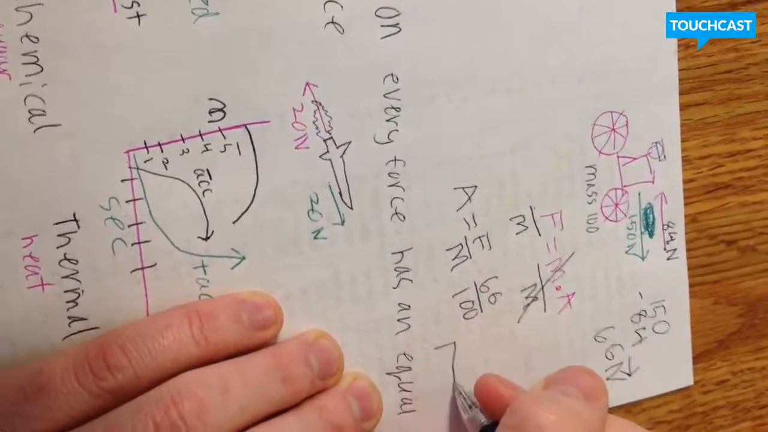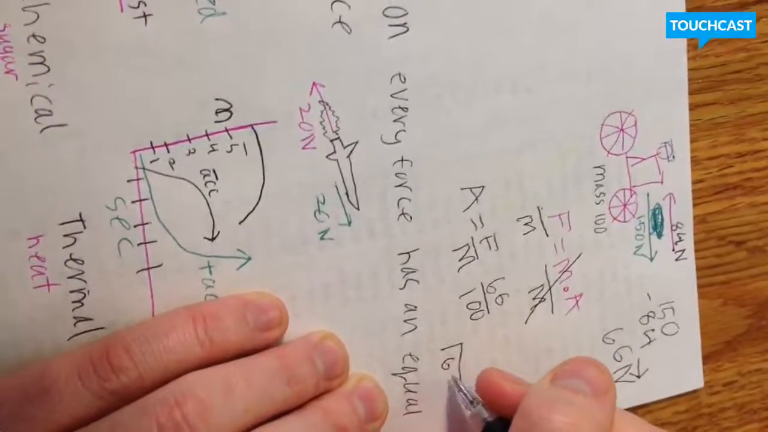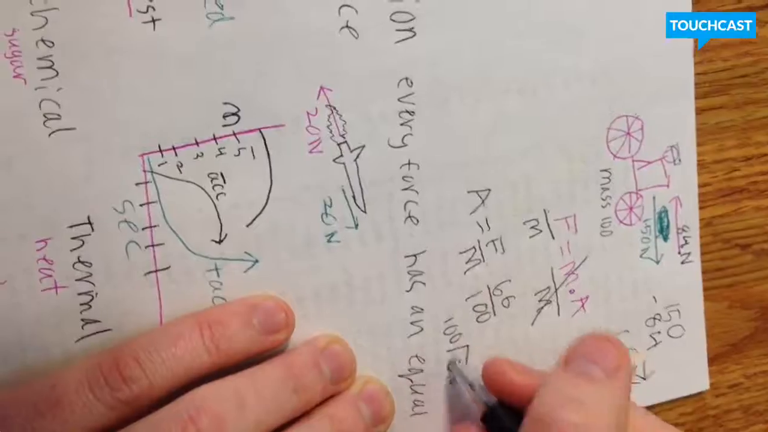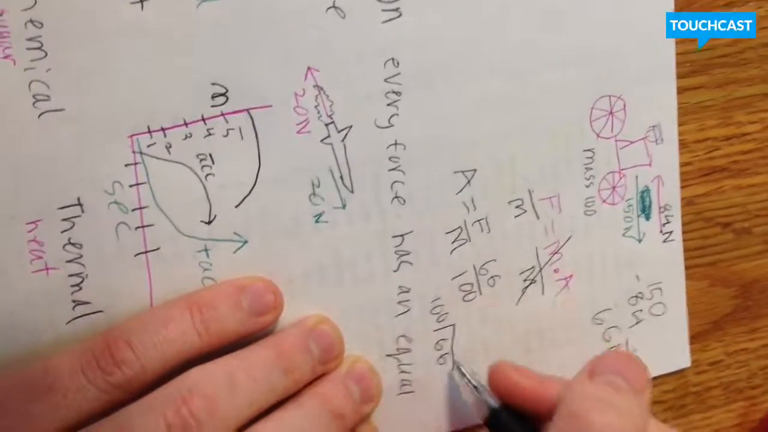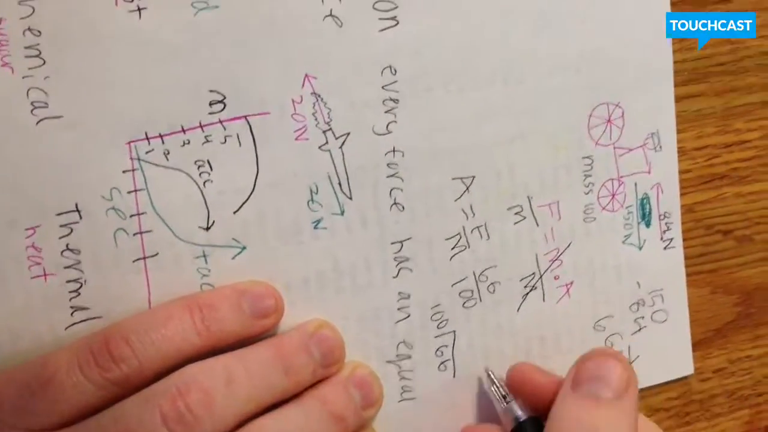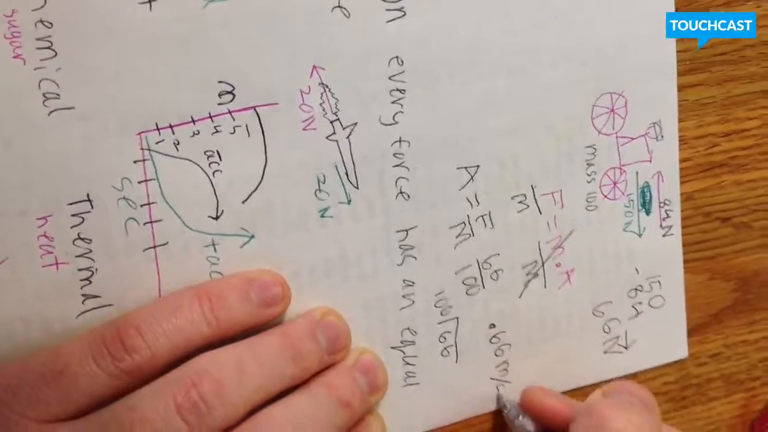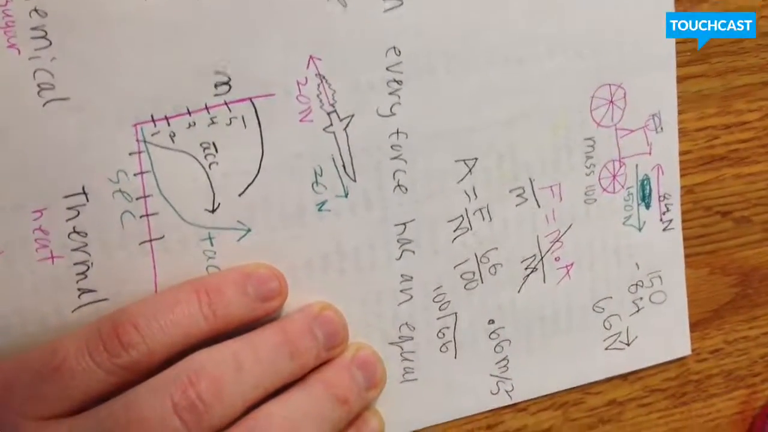If y'all remember on the test, I want you to set it up in this manner, like this. And you could either just move the decimal twice, or you could actually work it all the way out, and you are left with 0.66 meters per second squared. Alright,